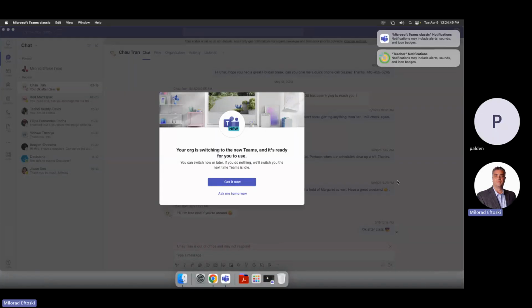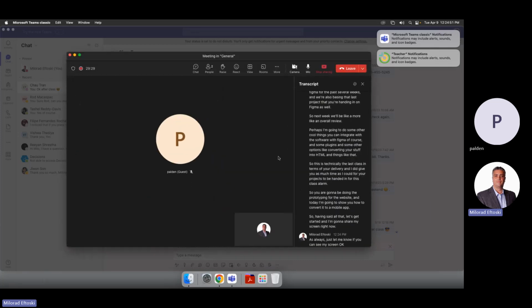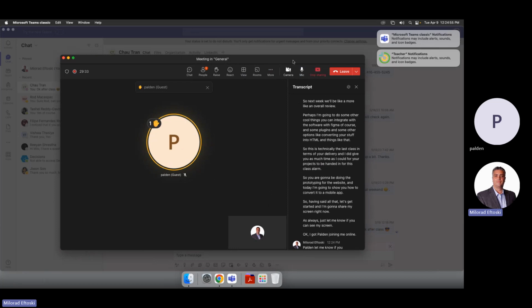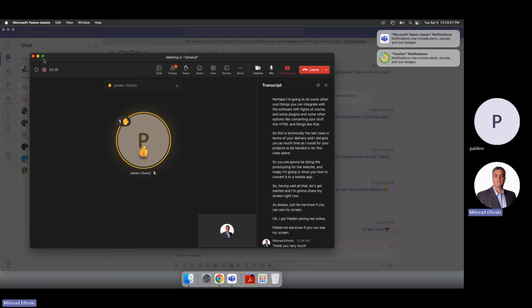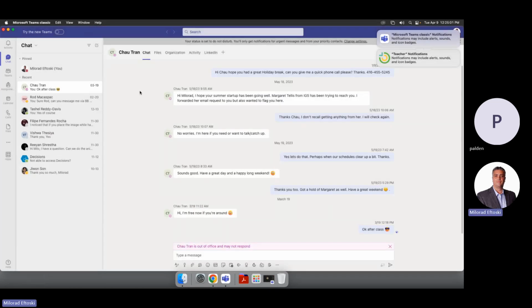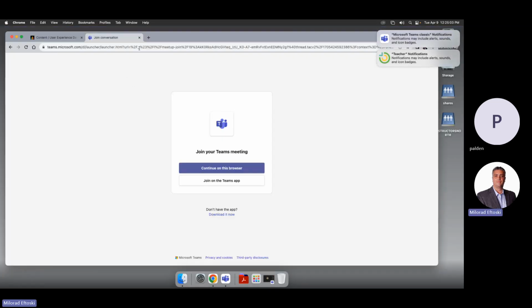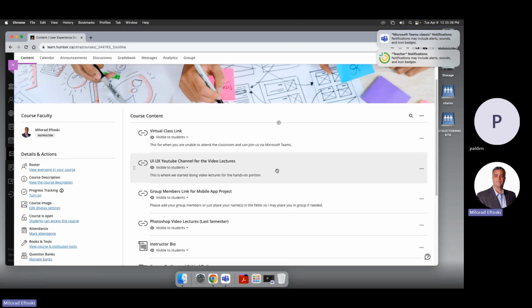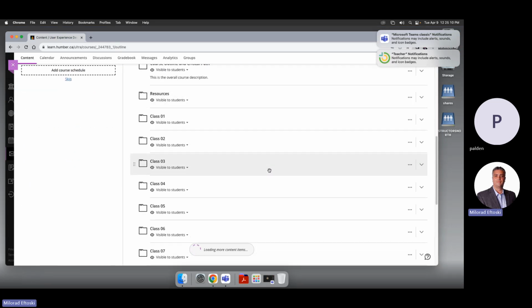As always, just let me know if you can see my screen okay. I got Paladin joining me online. Paladin, let me know if you can see my screen. Thank you very much. Perfect. Alrighty. I'm going to close out the Teams here. Okay, so